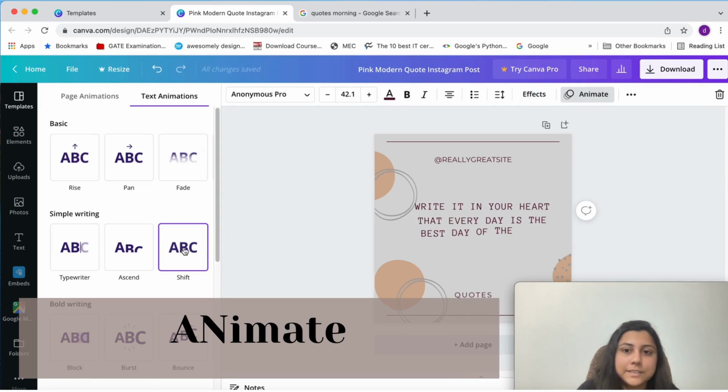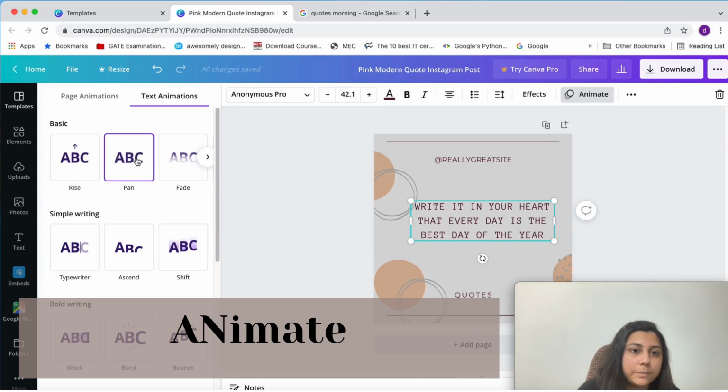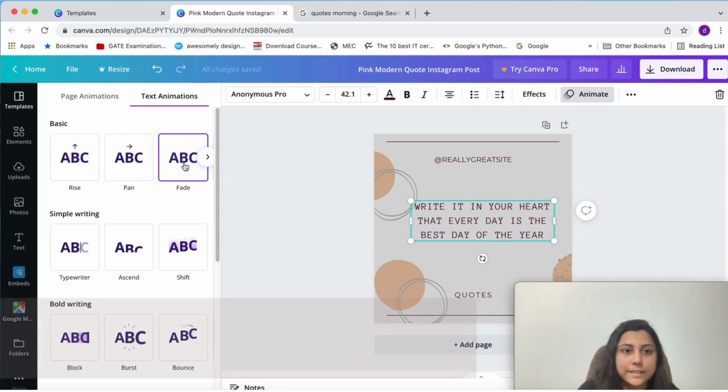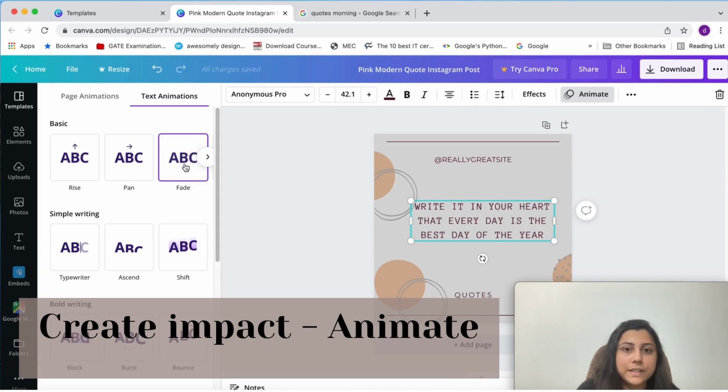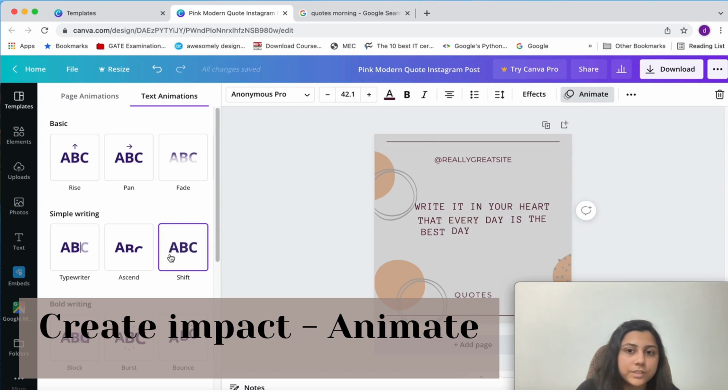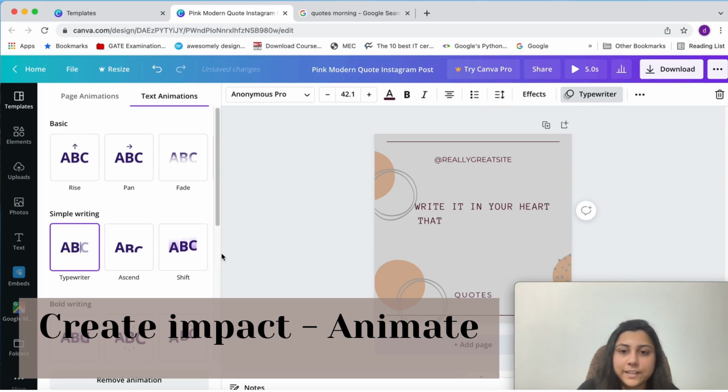Animate, this is something that usually people love, but it's not very good for quotes, but for other things you might use it. So generally these kinds of pan and fade and all can be used for advertising or creating short videos, and to create impact, like if people are just monotonously scrolling through stuff, you want to create some kind of animation so that people look at what you have actually posted. So you can use different kinds of features. This one looks cool, but I'll not do anything because for quotes, yeah, this typewriter one is nice. Yeah. Okay, I'll just keep it like this. It looks cool.